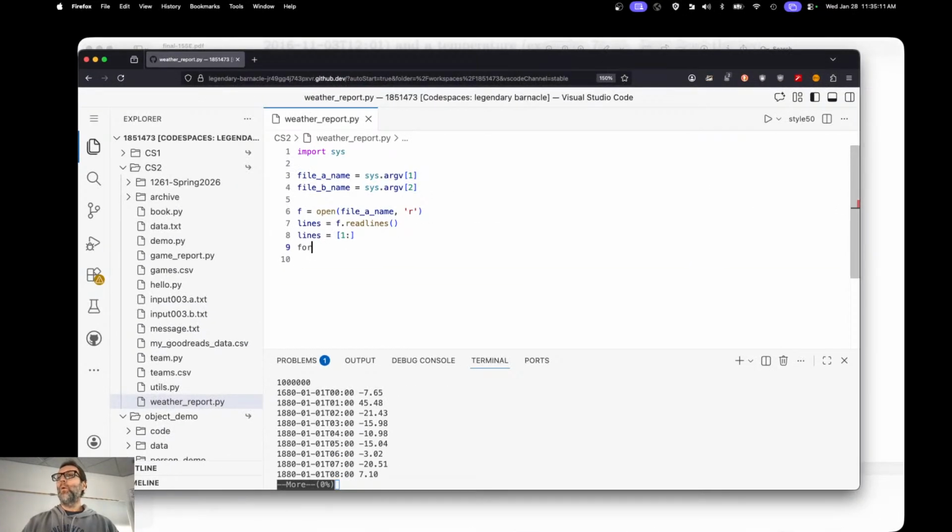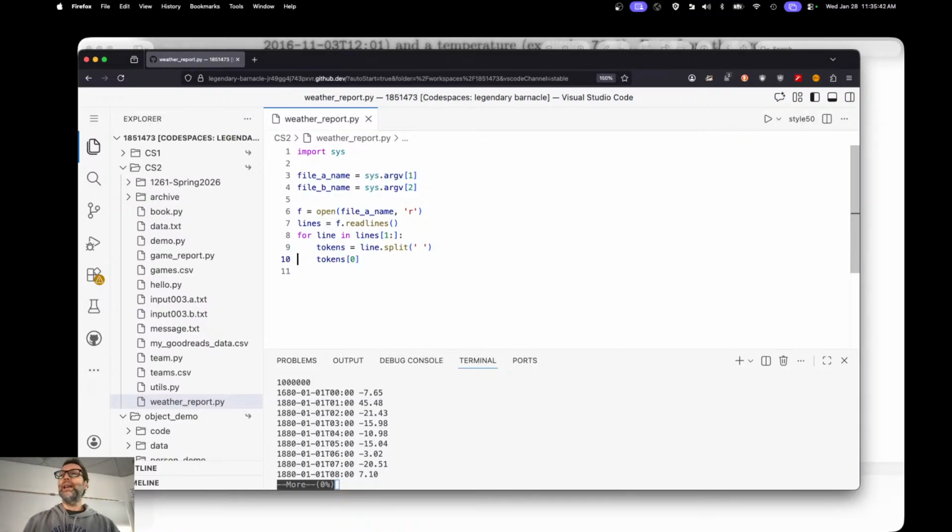Right. For line in lines. And here I'll go with 1 and then the rest of them, right? I need to break it up into tokens equal to line.split. And I won't be splitting based on a comma anymore. I will be splitting it based on a space. If you split it like that, by the way, it will split it based on nothing. That means that it'll split it up into individual characters. And that's not what I want, right? So space. And then the first one, tokens of 0, is